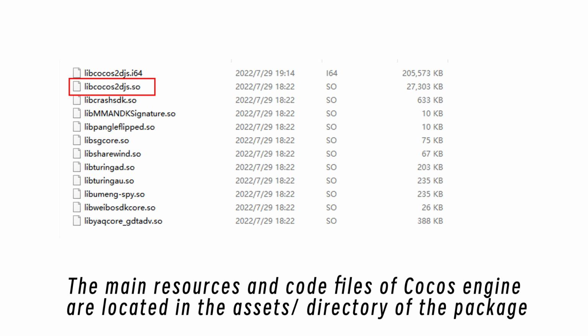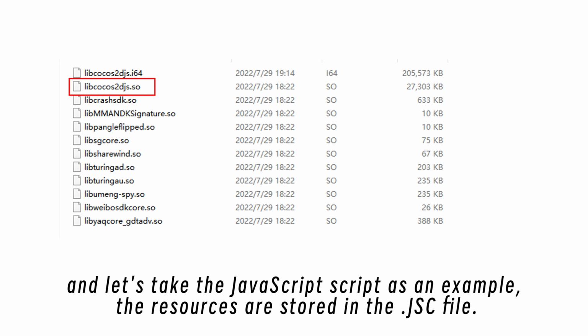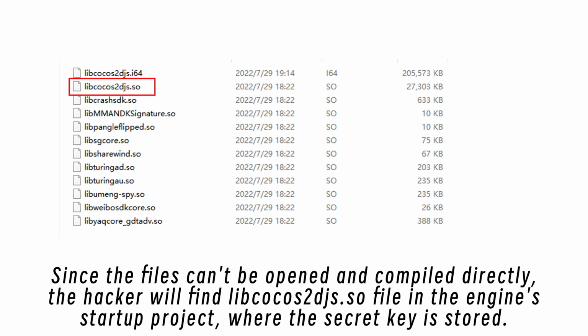The main resources and code files of Cocos engine are located in the assets directory of the package. Let's take the JavaScript script as an example. The resources are stored in the JSC file. Since the files can't be opened and compiled directly, the hacker will find